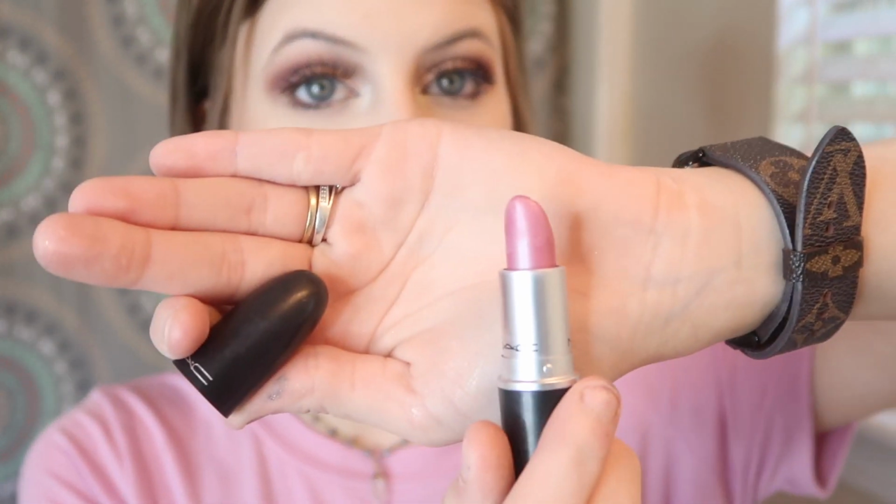Finally, here comes the last part of the makeup routine, and that is lips. This is the MAC lipstick in the color Flora Bundy, I believe is what it is called, and it is a really pretty purple kind of pinkish shade, and we're going to pop this on our lips for the finishing touch. Now what I think I am going to do is pop in some lip liner and just kind of create